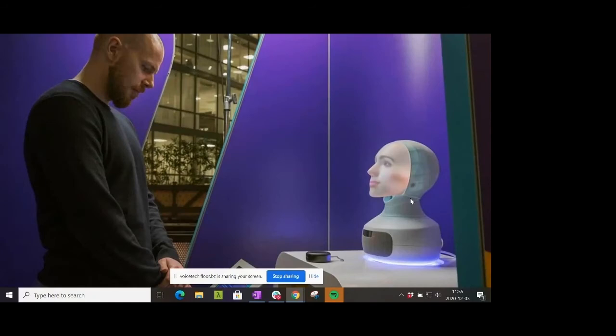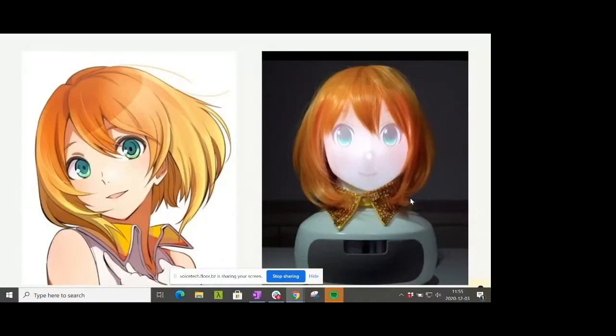We have global pharmaceutical company Merck, who is building a medical screening robot to be deployed in public spaces and to increase awareness of common diseases. And there's Japanese gaming company Bandai Namco, who is creating a physical embodiment of their beloved manga character Mirai Komachi that you can see here on the screen.